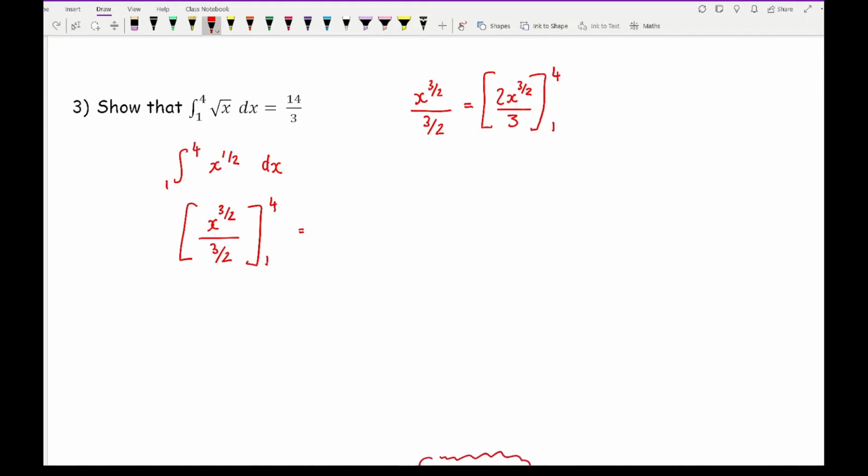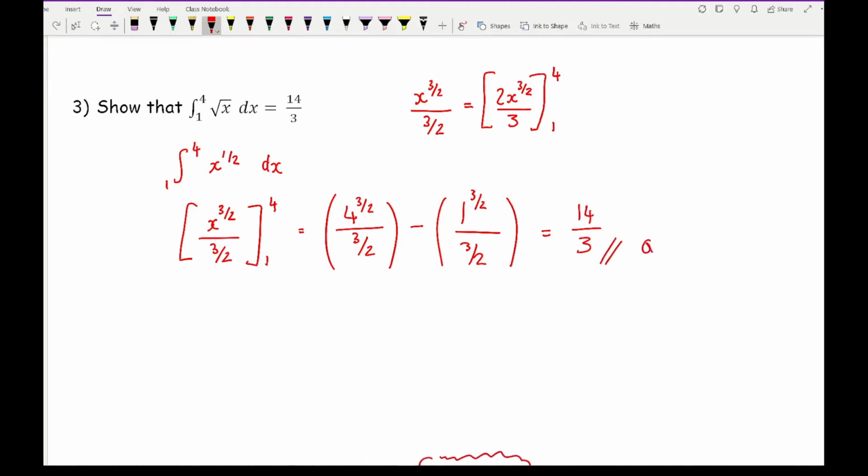So substituting numbers in, here I've got 4 times (3/2) over 3/2, minus (1/3) times (3/2) over 3/2, and that, plugged into my calculator, would give me 14/3, which is what they expected me to show. Now it is really important that you don't just simply plug this in, although you can plug this in straight